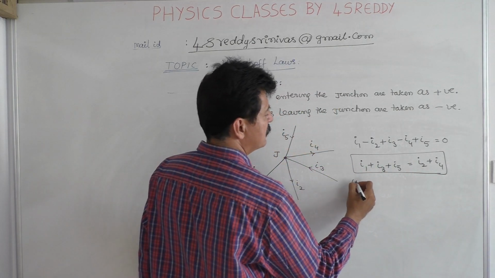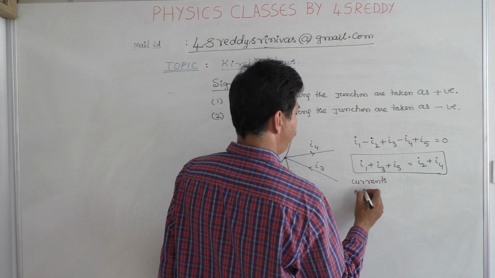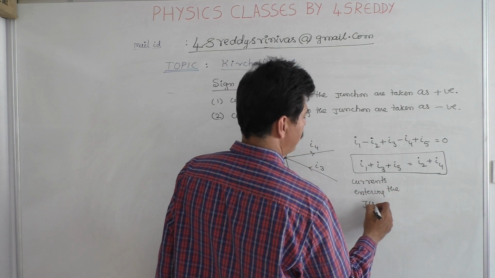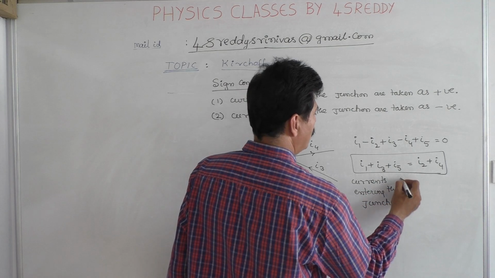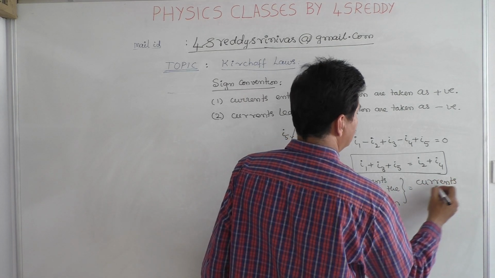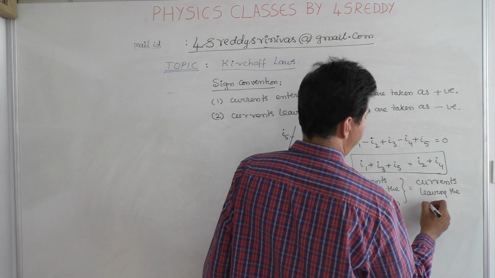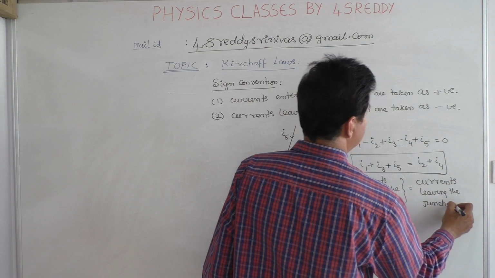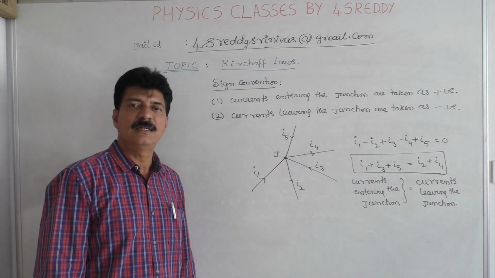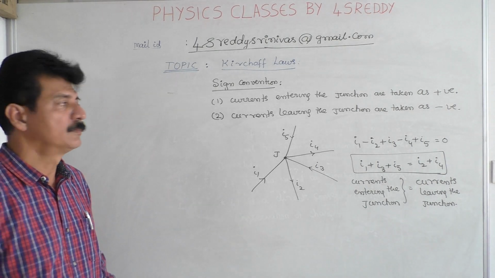which implies that the currents entering the junction are equal to the currents leaving the junction. Currents entering the junction is equal to currents leaving the junction. This is Kirchhoff's first law. Now,